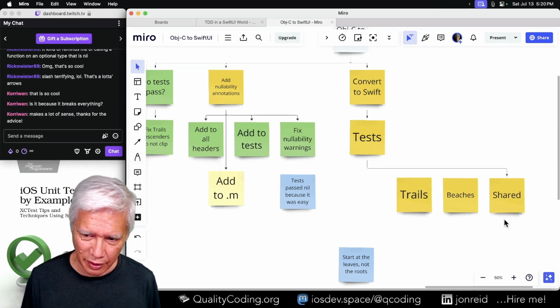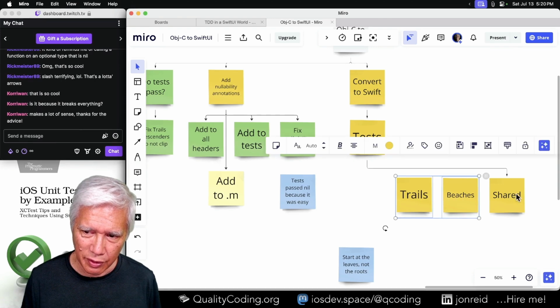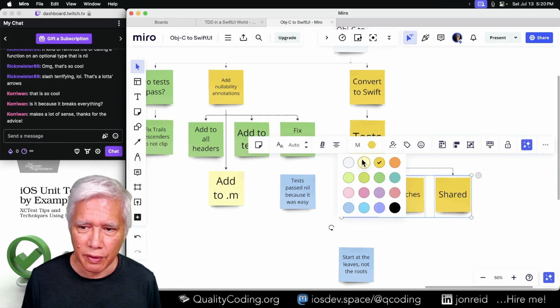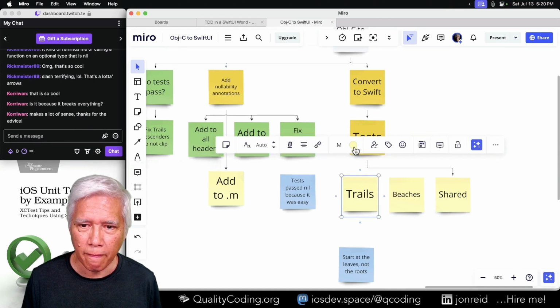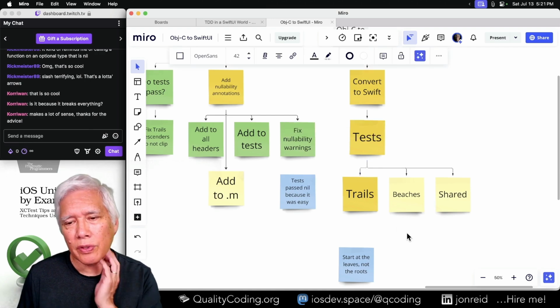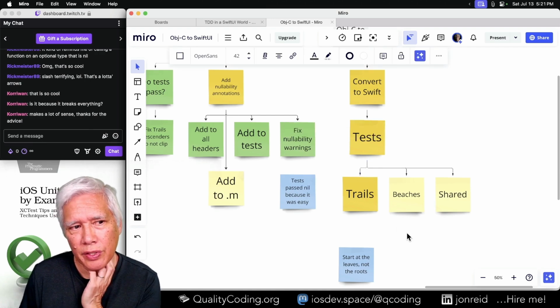I'm going to do it in that order. So let's start with the trails tests